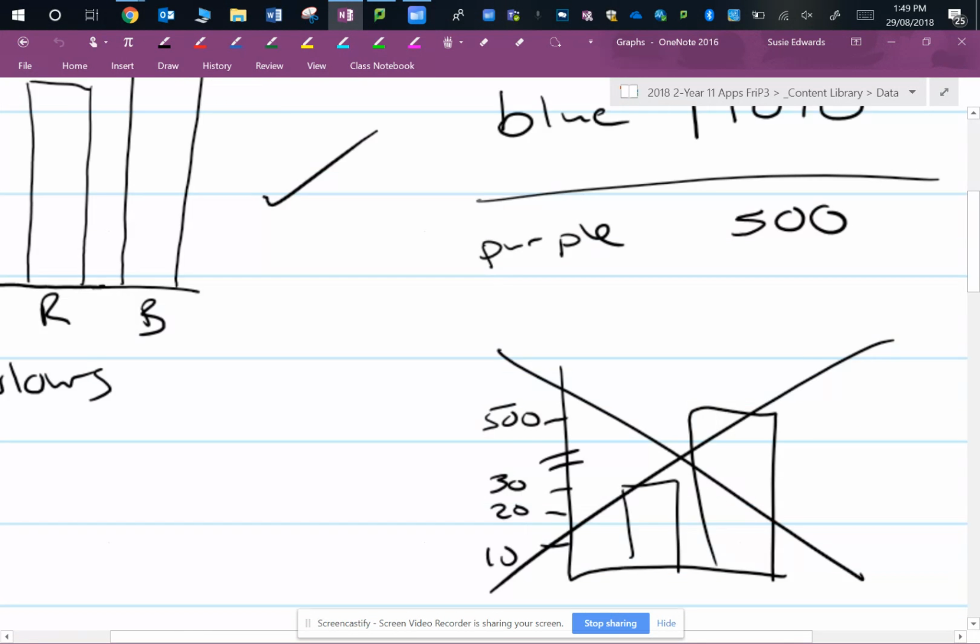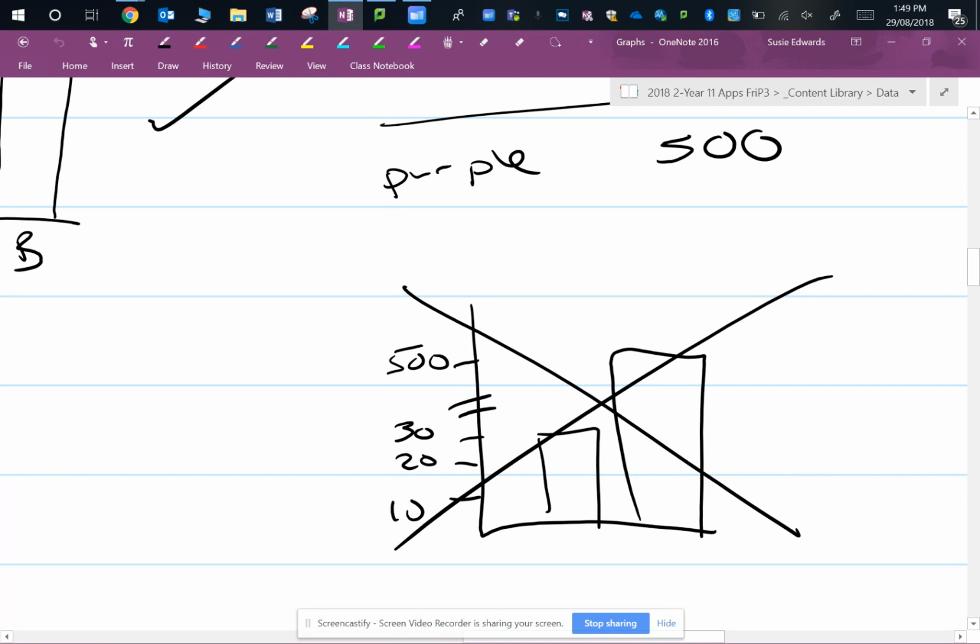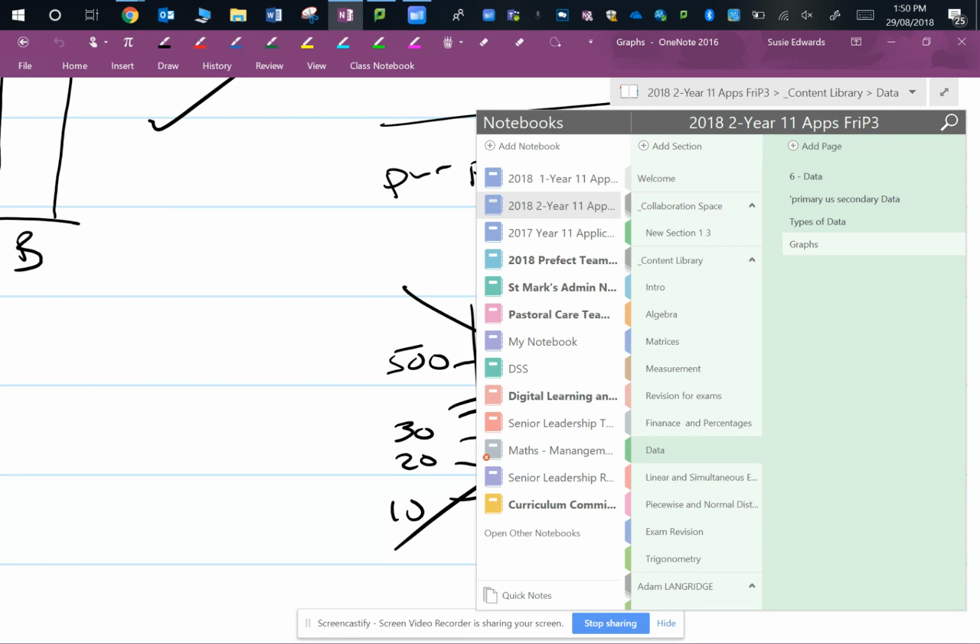The other one we did was here, similarly, where you break it in the middle. It looks like it's only double, but actually it's like 15 times bigger, okay? So that's why you don't break it. You can't break a scale right in the middle and you can't break it twice on the same thing. Everyone okay with that? All right, so then